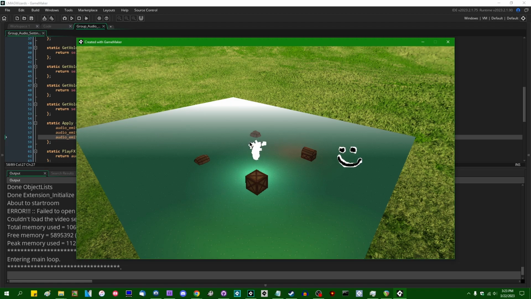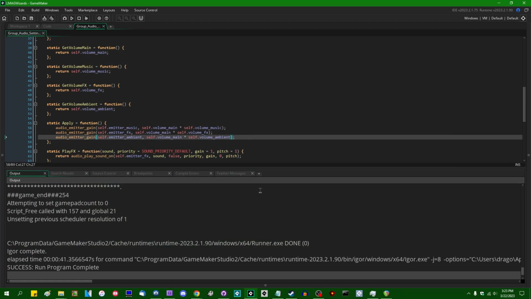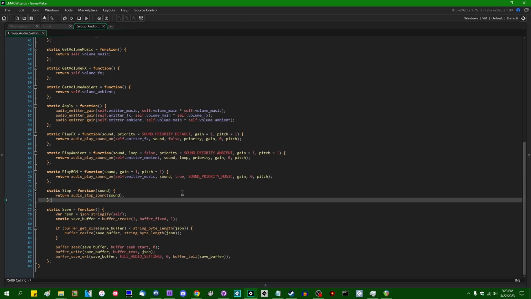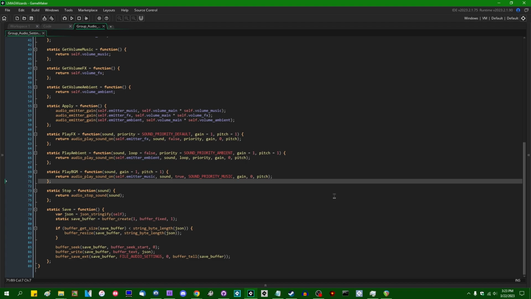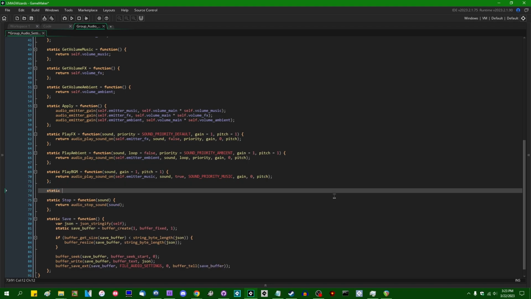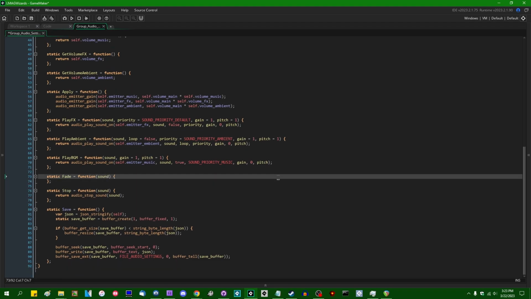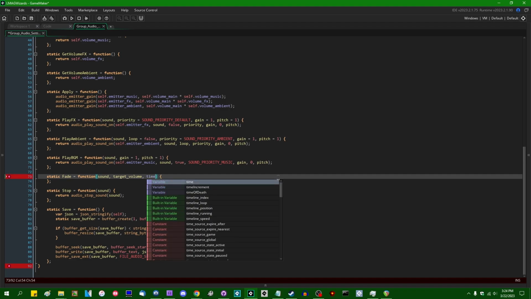Alright, I can do it for the volume for the background music as well. Okay, so that all works. Test sounds is what that's going to be. Next, I suppose being able to fade background music is going to be nice. And that can be an instance of a playing sound or an audio index, I suppose. We're gonna fade a sound to a target volume after a certain amount of time, and